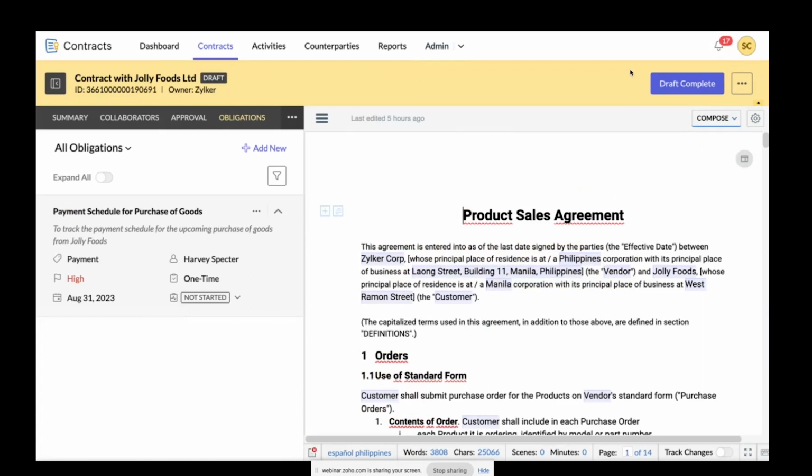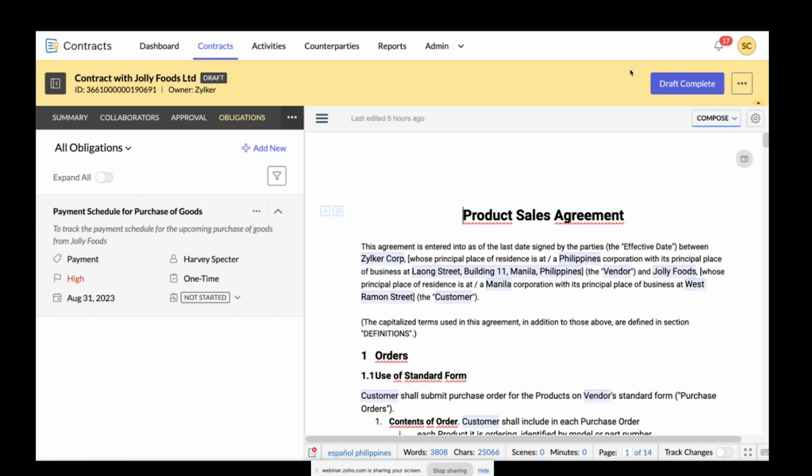Here's where Steven's organization, from his legal team, will be adding obligations, right? Obligations are basically contract tasks. They can be recurring or one time. So this is also completely managed by the legal team. They will assign the obligations to the users so that they can manually work on and complete them and mark the